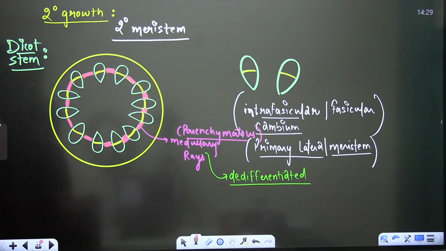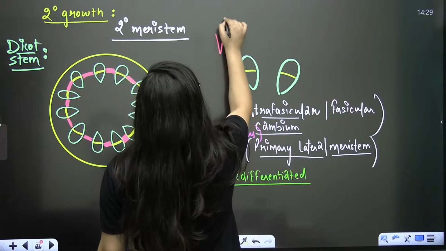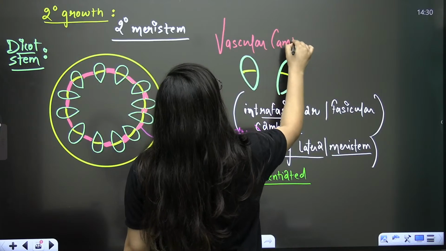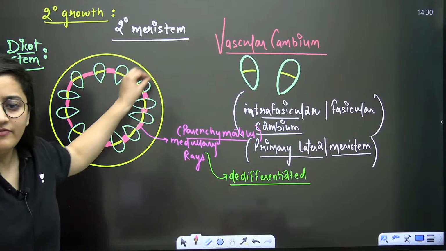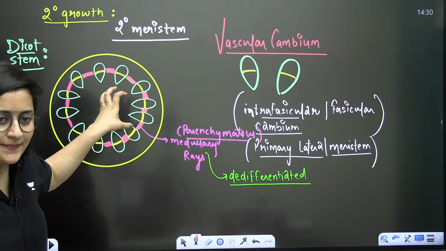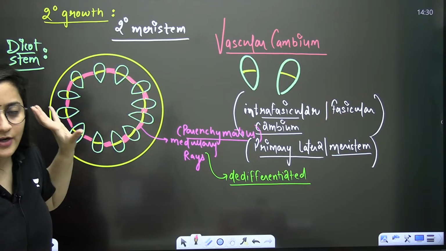Cambial ring will form. Sure? Right? So now when you say vascular cambium, everything is written in NCERT, so that is why firstly I will explain this process. My main focus is to make it clear to you all. The rest you can read from NCERT. So first of all, try to understand this.